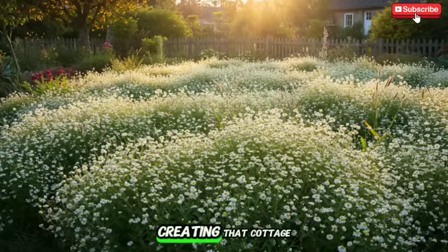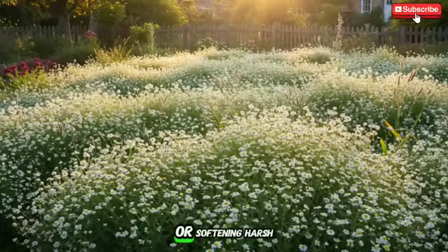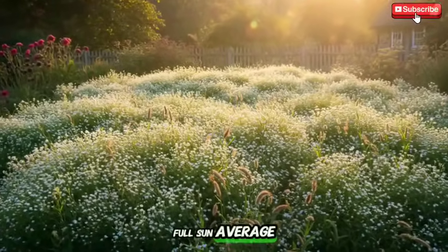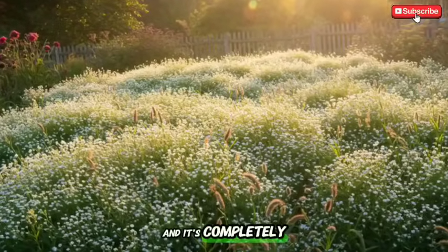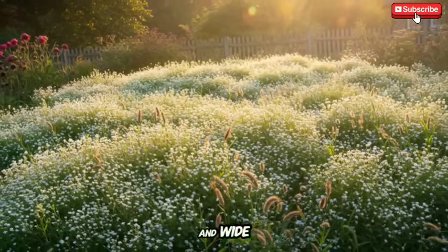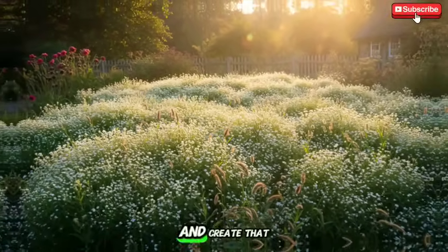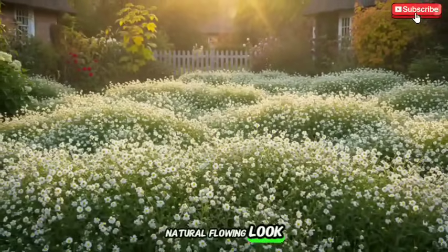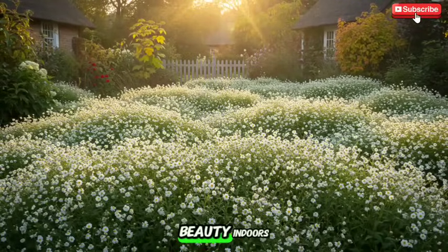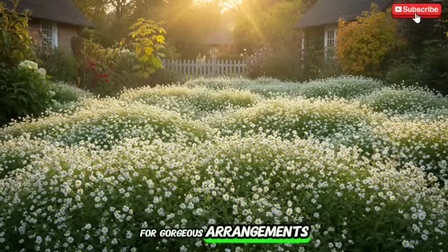It's perfect for creating that cottage garden look or softening harsh edges in modern landscapes. Full sun, average soil, and it's completely maintenance-free. Grows 4 feet tall and wide. So give it room to spread and create that natural flowing look. The flowers are perfect for cutting too, so you can bring that fall beauty indoors for gorgeous arrangements that last